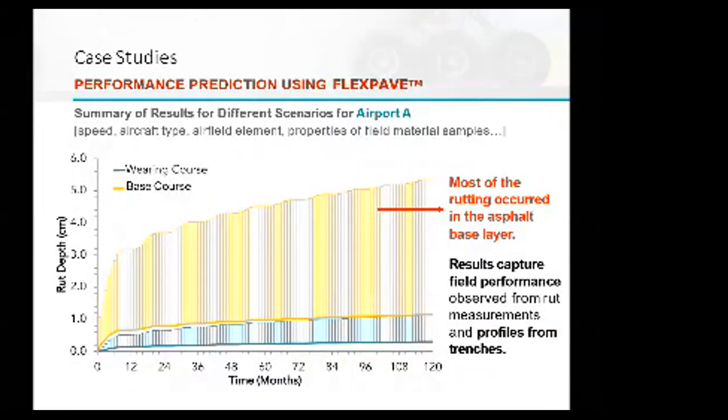And you know what? When I predicted all the rutting, the blue line is the rutting predicted to happen in airport A in the surface layer. And the error bars here are the variability. So the maximum rut is at the top of the error bar, and the minimum rutting is that straight line. So all in all, the maximum rut due to the surface is about 1 millimeter. If you look at the top, that's the rutting occurring in the base layer, in the binder layer. So you have like 4 to 5 times more rutting happening in the base layer below, more than the surface layer at the top.